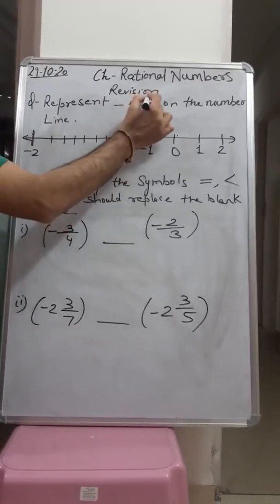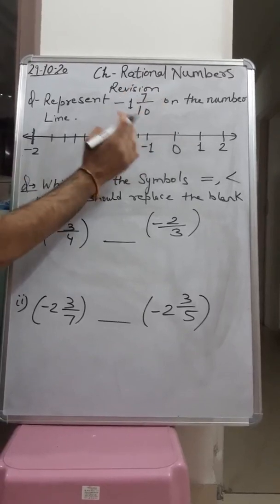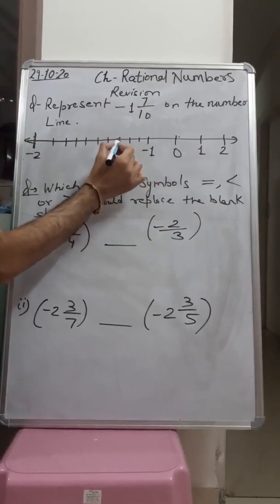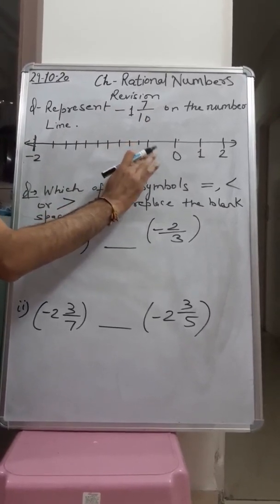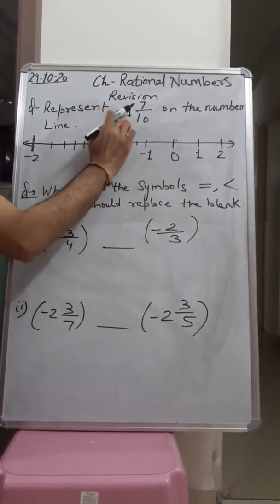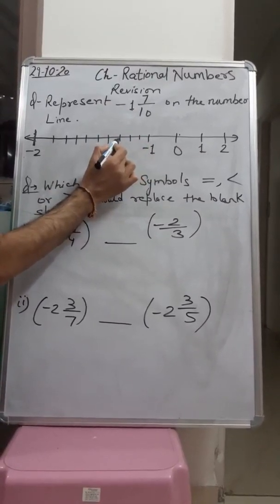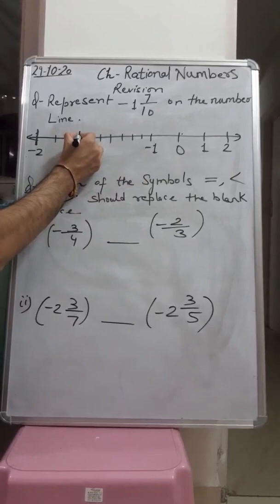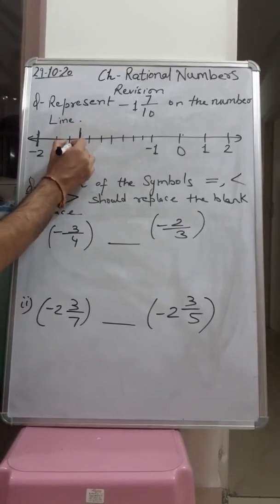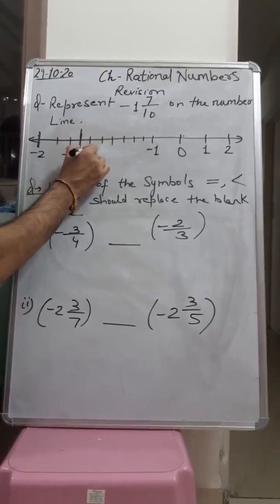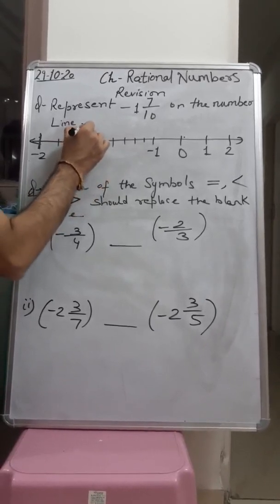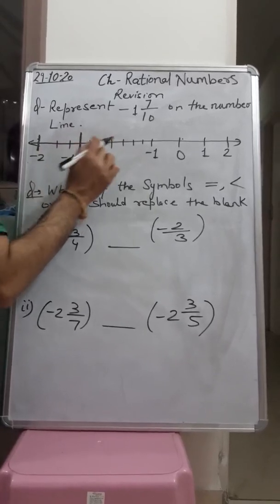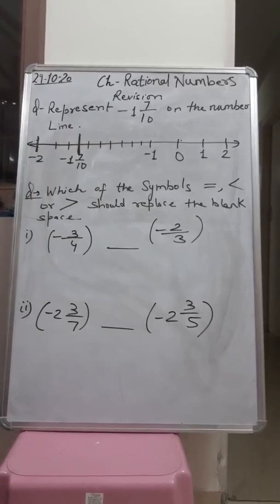Now we have to see the numerator. Here the numerator is 7 and now again we have to count from right to left. So first, second, because minus 1 you don't have to count as a part, since minus 1 is already here. This is first part, second part, third part, fourth part, fifth part, sixth, seventh. So this is your seventh part, and it will come here: minus 1 whole 7 upon 10. So this is your minus 1 whole 7 upon 10. So in this way we can plot a rational number on a number line.